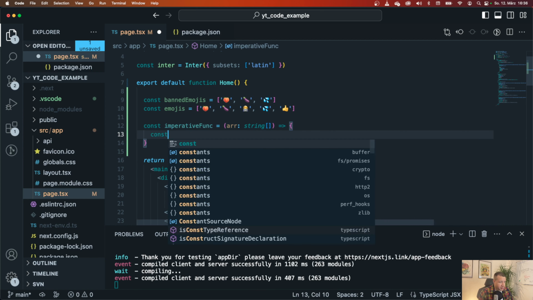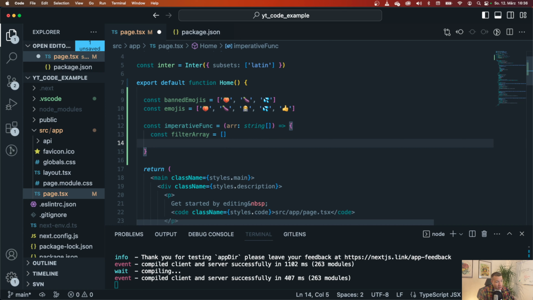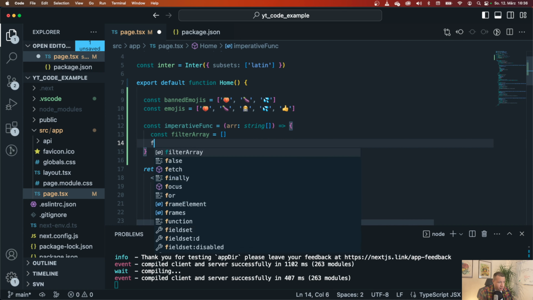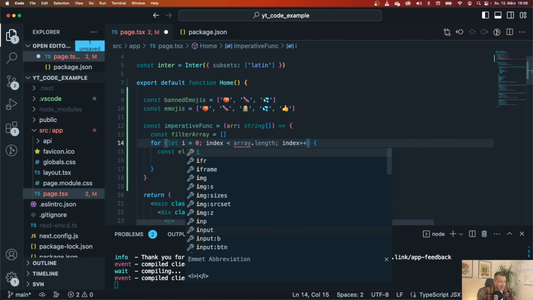Now we're gonna define the filter array right here. And now within the imperative function, you would add a for loop. So I'm within VS Code, so I can use this right here. Now I would have to say let i,